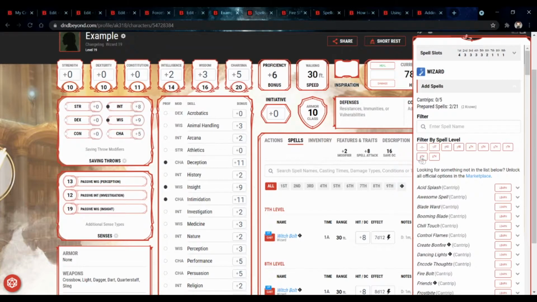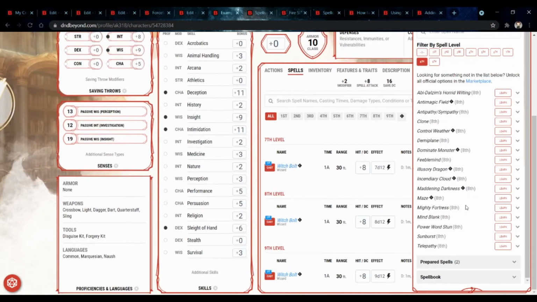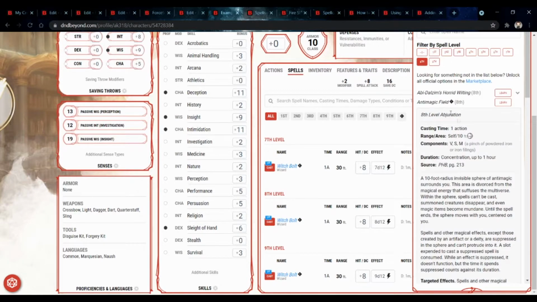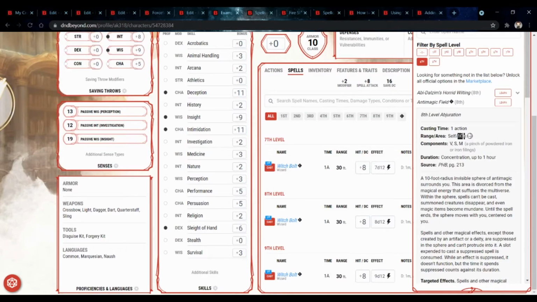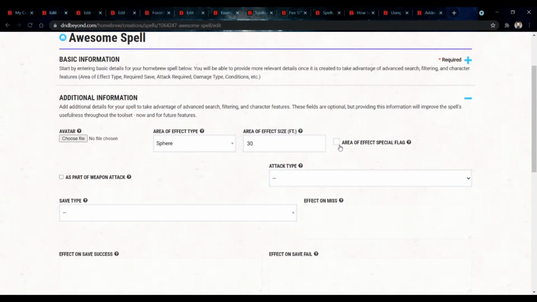If I look up some high-level spells, anti-magic field. So here you can see it has a range of self. Someone has put on their homebrew a sphere of 10 foot, and they have not ticked this little box. This little box will just give an asterisk saying there is a complexity here,